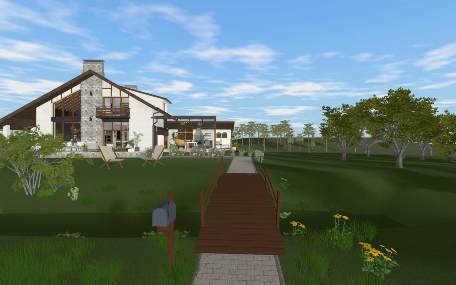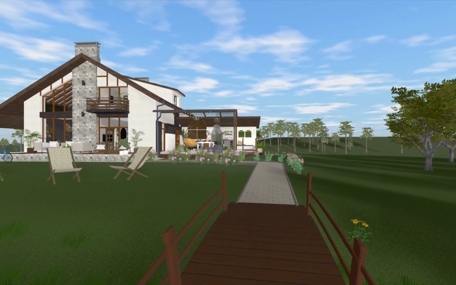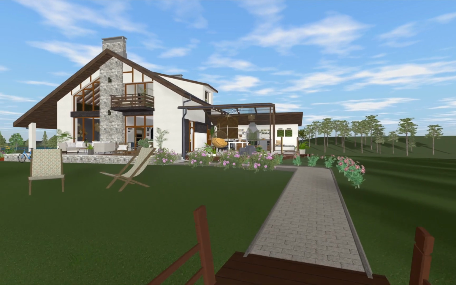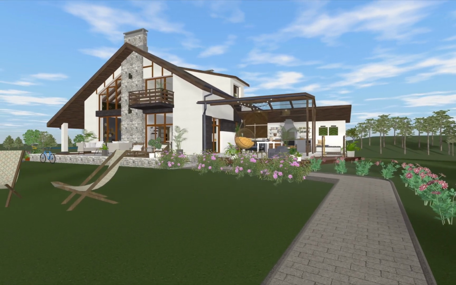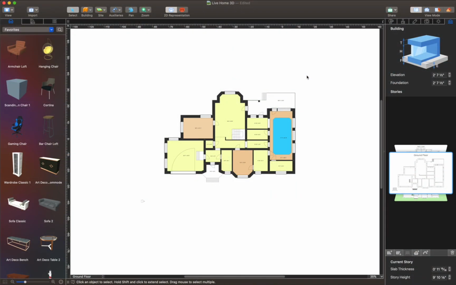In this video, I will show you how to use terrain editing tools available with the Pro features of the app. Terrain editing techniques are the same for iOS, Windows, and macOS versions of Live Home 3D. For this tutorial, I will use a two-story house project, but you can use terrain tools for any house project